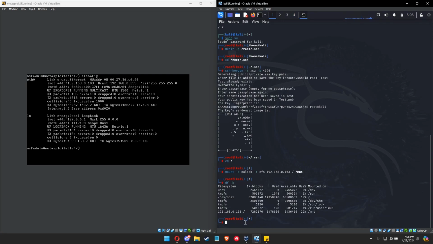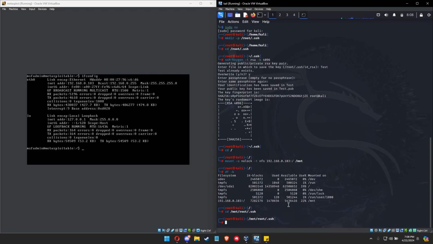Doing this allows us to modify Metasploitable to basically authorize key files. So now we're going to be doing that. First, we'll go to the directory. There you go. And this is where we will copy our